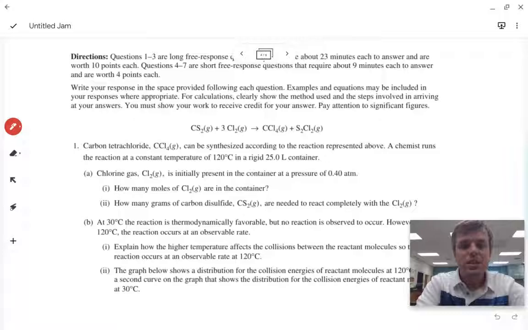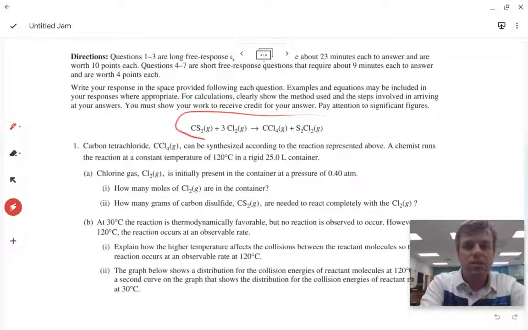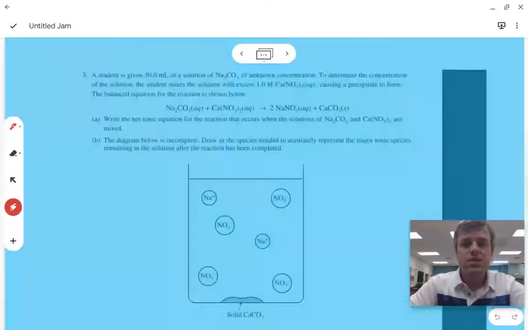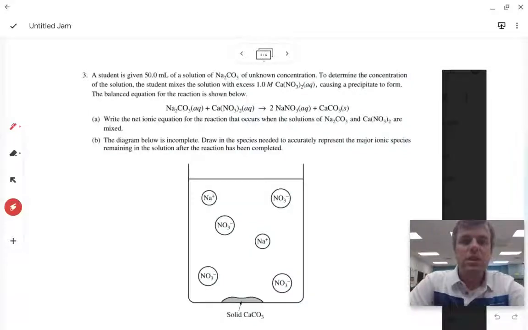And then, how many grams of carbon disulfide are needed to react completely with the chlorine? Keep in mind, this is the reaction, so try working that problem out. All right. Another sample problem says a student is given 50 milliliters of a solution of sodium carbonate of